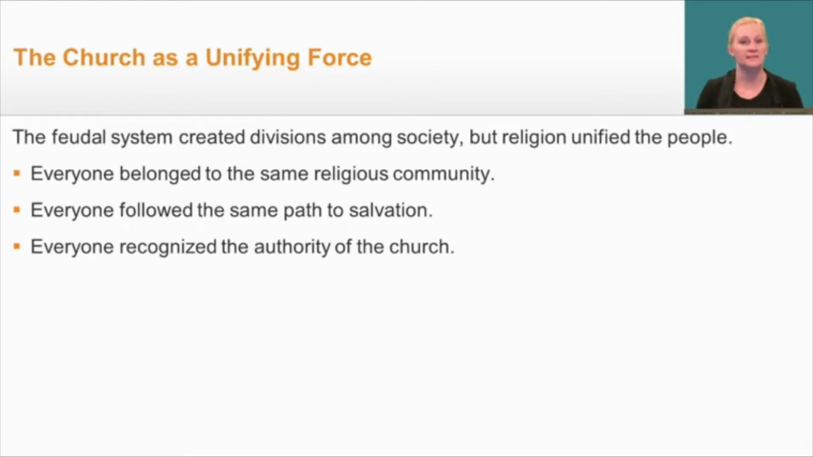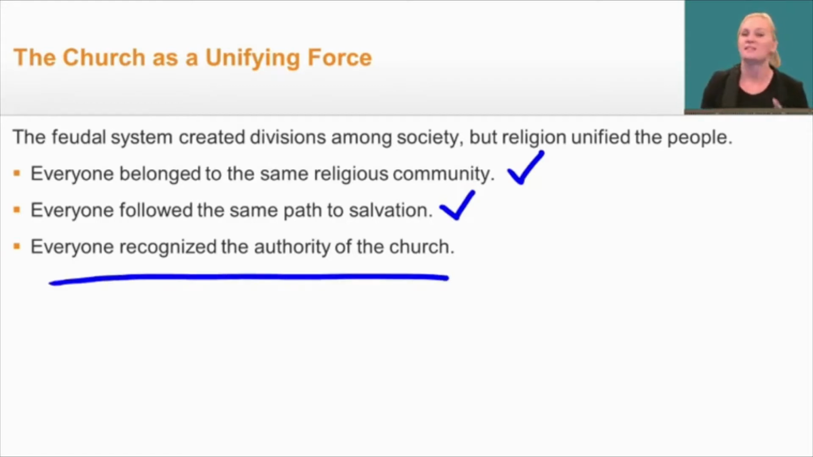Even though people might be separated by class during this time, they were still united by their shared religion. The feudal system created divisions within society, but religion unified the people. That was largely in part because everyone belonged to the same religious community. At that time, the Catholic Church was really the only religious group in town. Now, everyone followed the same path to salvation as laid out by the Catholic Church,